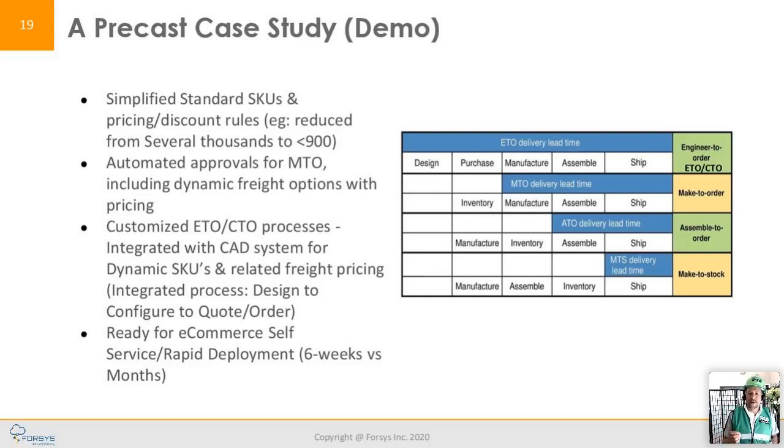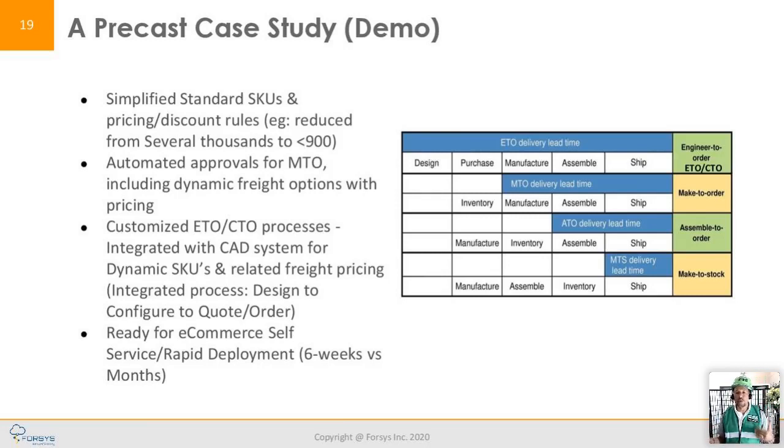Basically, the proliferation of SKUs. This is not an uncommon problem for a lot of businesses. You start out with one or two. You may have a dozen products, but when you start looking at your sales strategy and how you are selling those products to your direct customer, to your resellers, and how you configure them, whether there are options and configurations, all of the products and SKUs become a nightmare to manage. We work with customers where they had several thousands of SKUs, but if you really get down to it, they have a handful of products.